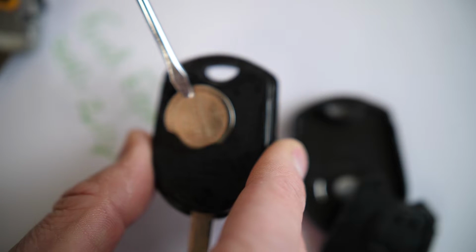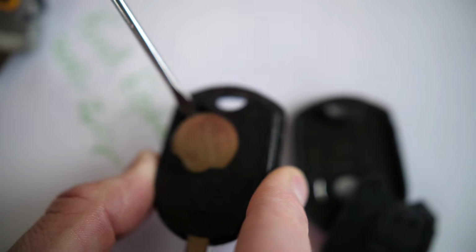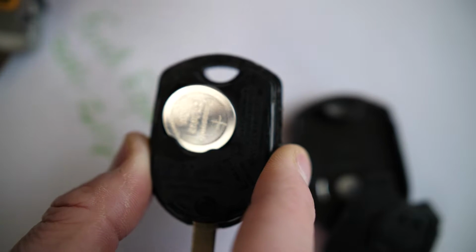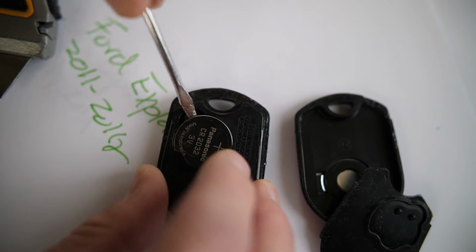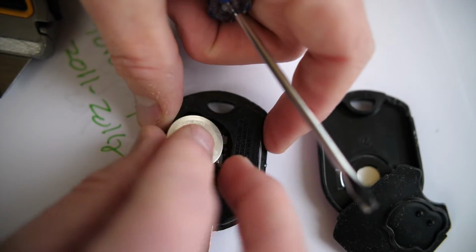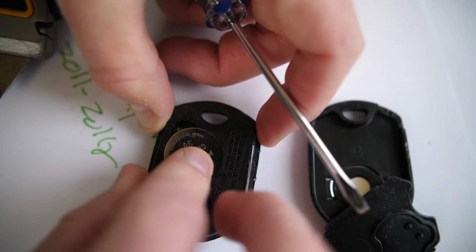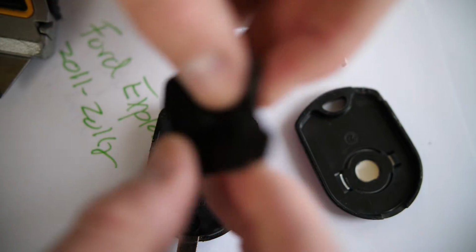And now we can see the battery, which is a CR2032, and this will just pop right out. If it doesn't, just put your small flathead screwdriver right in here, pop that guy out. Pop this out, and then pop in a new 2032 battery, place that in there. And just make sure and get that right in there, and then make sure you line up this rubber mat piece that separates,